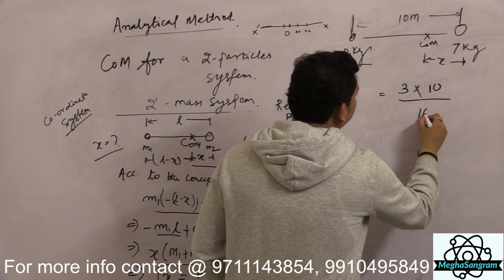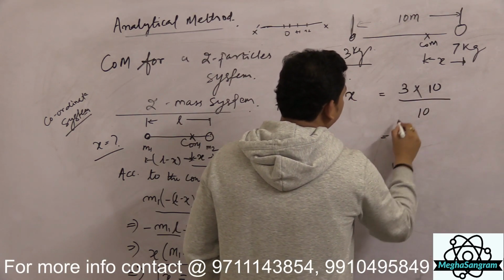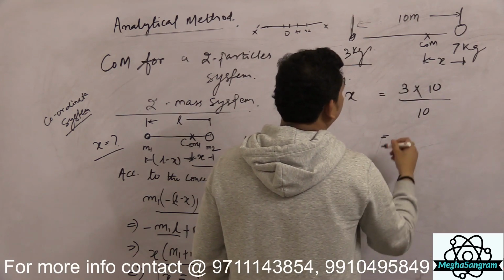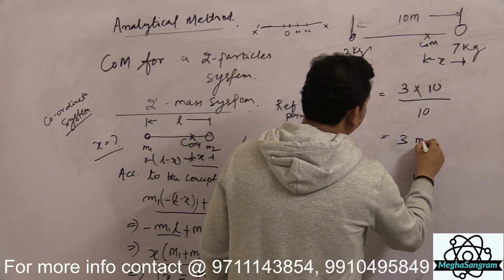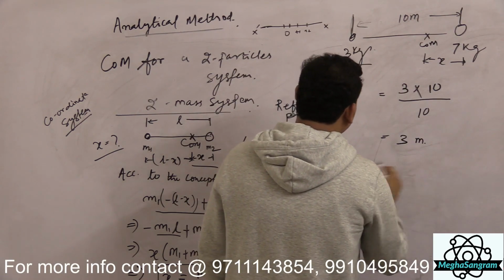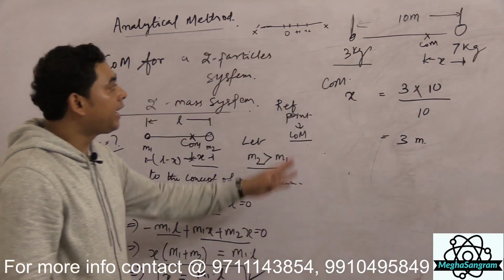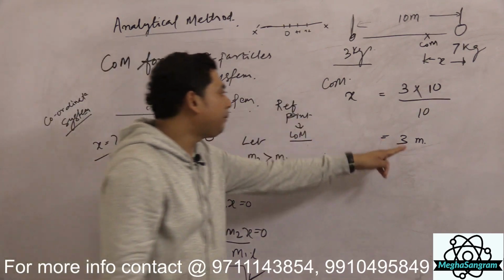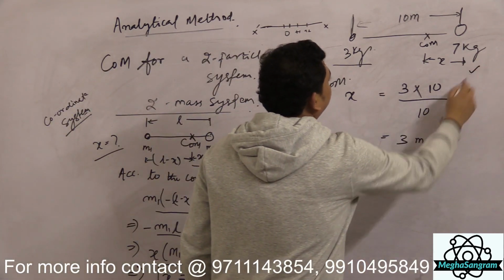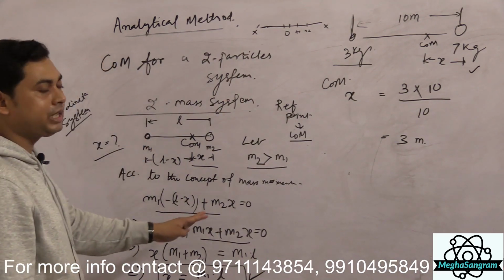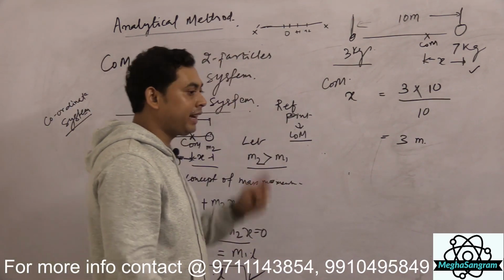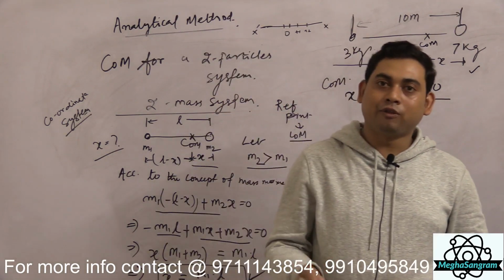The sum of the masses is 10. So here, 10 gets cancelled. Then we get 3 meter. Okay, so the center of mass is located in this example at 3 meter from 7 kg. So this is how you calculate the center of mass for a two particle system or two mass system using the analytical method. Now we can go for 3 mass